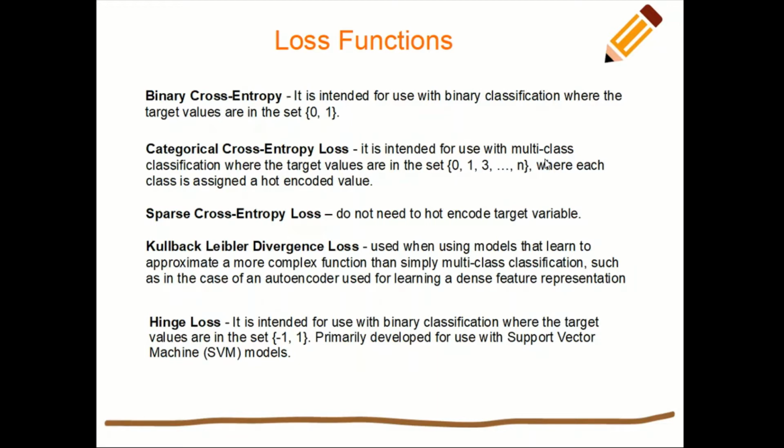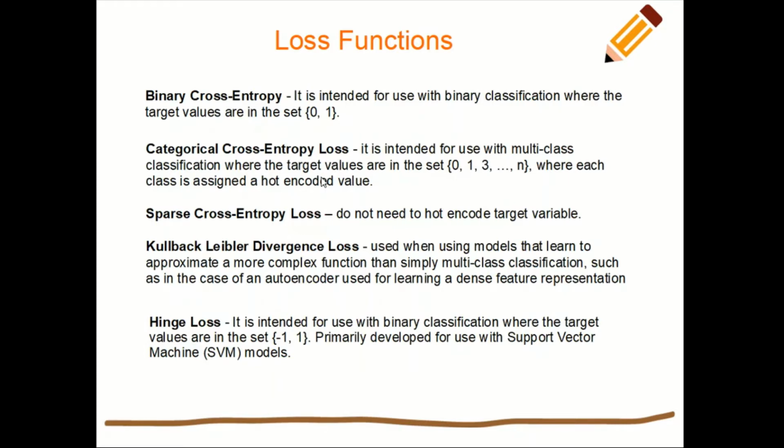So say, for example, different kinds of animals, right? The number of types of animals will have more than two labels. So in that particular case we have a multi-class classification problem and we use categorical cross entropy loss. Okay, now in Keras, when we are using the categorical cross entropy loss, it is expected that the labels are